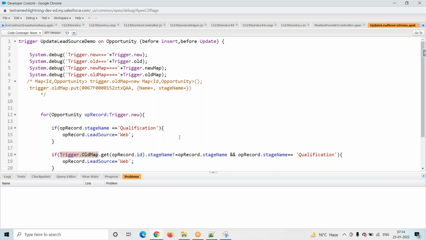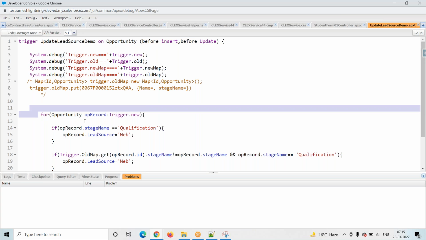Map in the sense means what? It will give the current record ID and the current record information. But before insert, we are trying to create a record. Yes, here it will come. Before insert operation, here it will come.